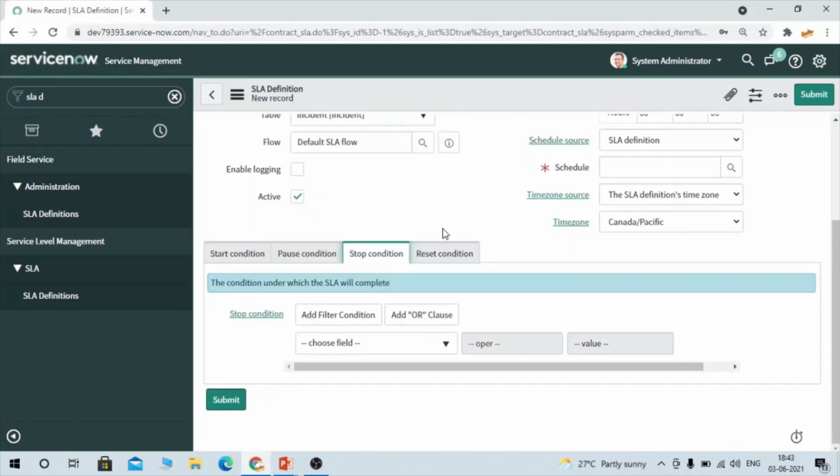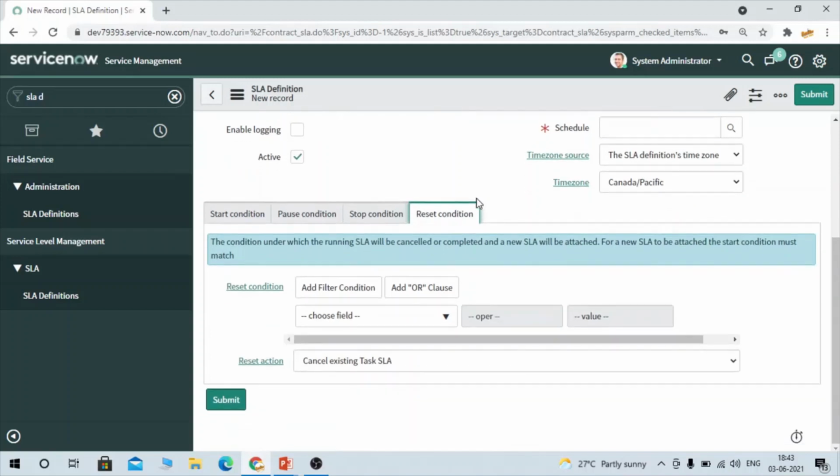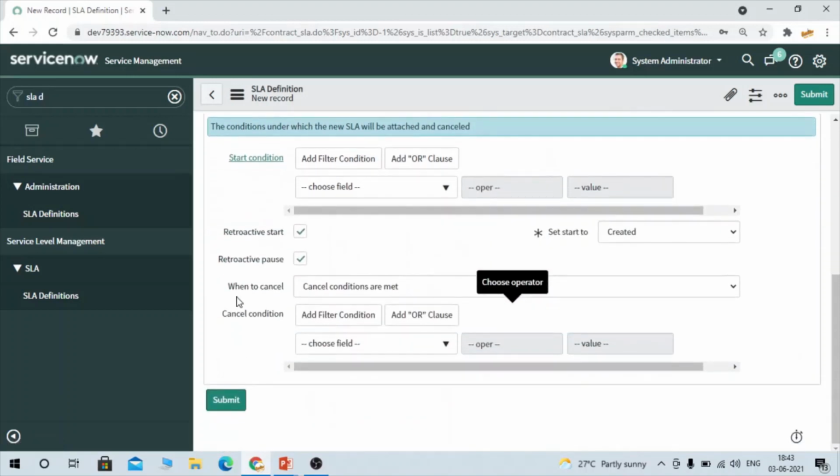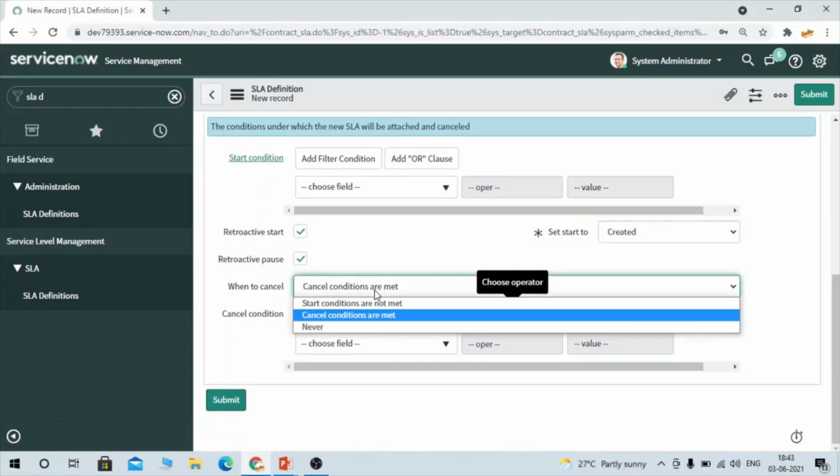And if you want that SLA to be completed and stop running, you have to define that in stop condition. And if you want to reset the SLA, you can define that part also here. And in a start condition, you could see when to cancel. So here generally it will be automatically or by default selected, condition cancel conditions are met.